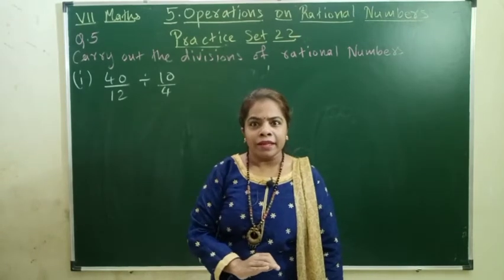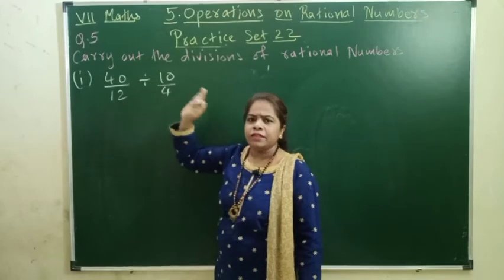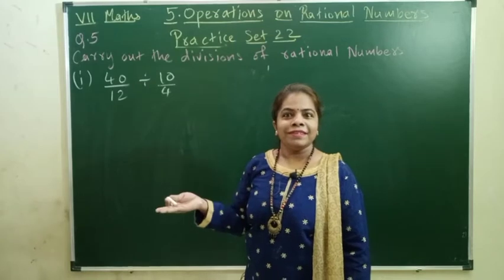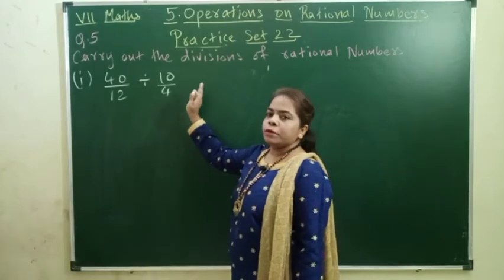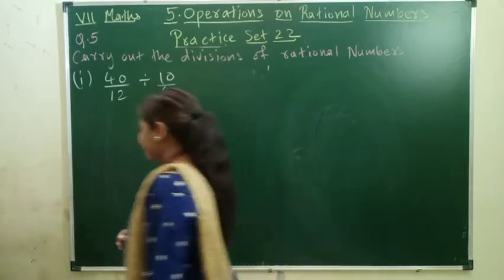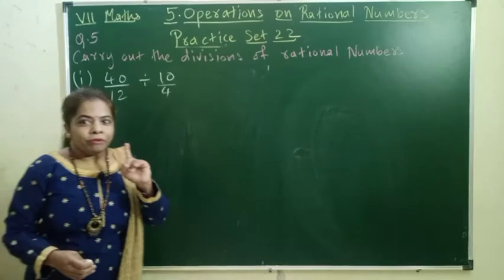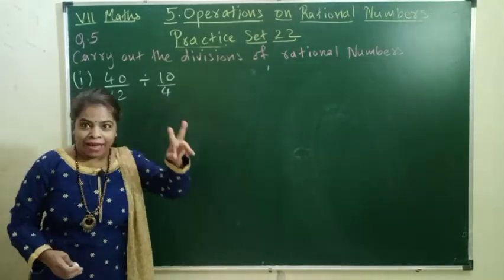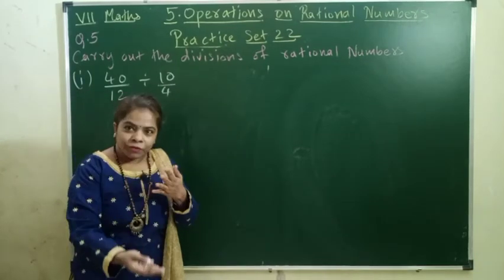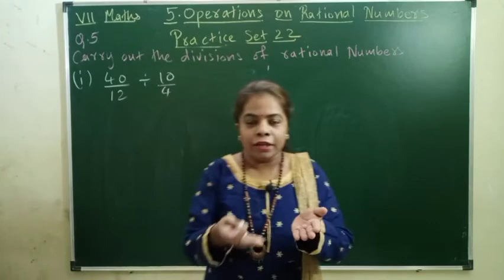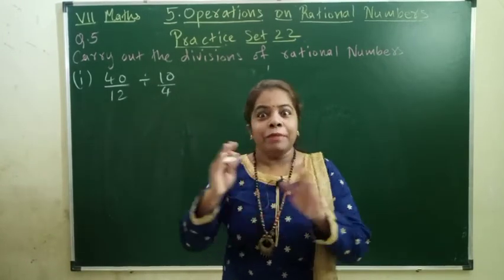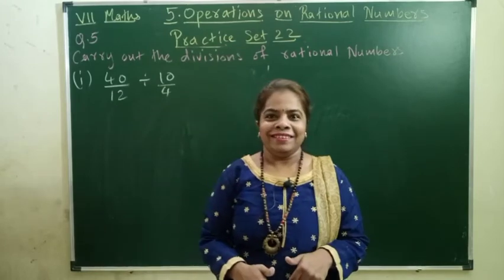What we are going to do in this? We will change the division sign into multiplication sign. We are taking the opposite of division sign, so we will take the opposite of next fraction also. Okay, so let's see how we are doing it. We are going to reverse both of them, because if we reverse one, next one is also going to reverse. Like how you are doing, children, you reverse the photo once, it becomes reverse, and then you reverse again, it becomes straight. Same method. Let's start.